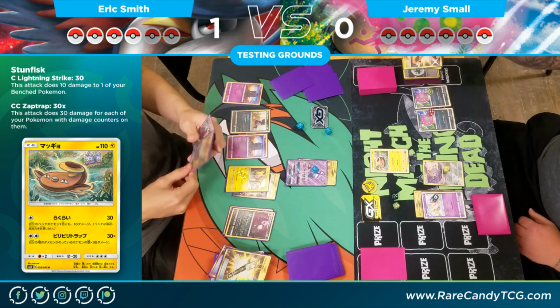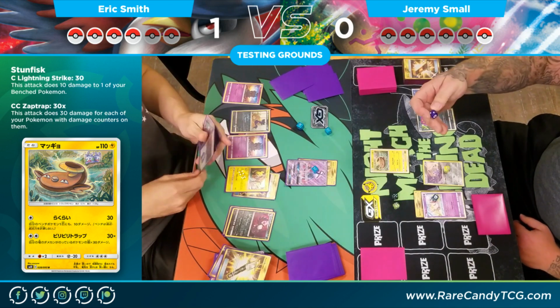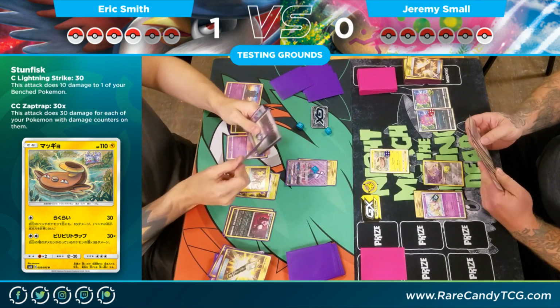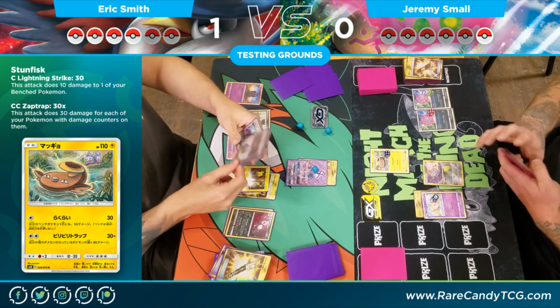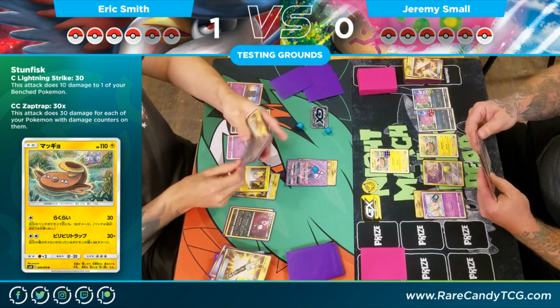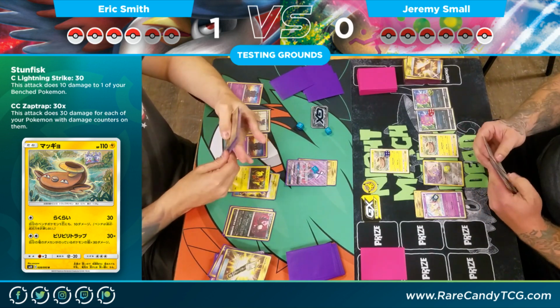Let's see. Skateboard could be relevant just in case Jeremy has a Guzma but needs an Energy Lotto or something like that to take a knockout. So that could be a relevant tool to discard here. But here we're just going to do 40 to the Stunfisk. And all Jeremy needs at this point is a double colorless energy. He can just win this game here. Or a Guzma, or really, actually doesn't need Guzma. Yeah, he wouldn't need Guzma because this thing is stuck. But he does have the double colorless energy in hand, so...